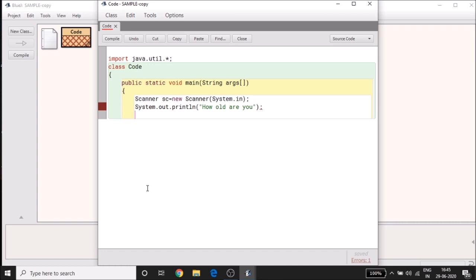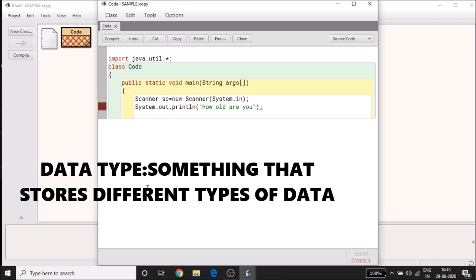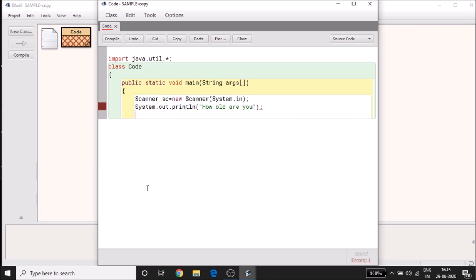Now comes the stage where you are going to be creating your object. For creating an object, the first thing you need to type in is your data type. Now you guys might be wondering, what does a data type mean? Let's split the word and see. Data, something that stores data. Type, what type of data? So a data type can either contain letters, numbers or even decimals. Today I am going to be introducing you to only one data type, and that data type is the data type that contains integers. It is called int. Now go ahead and type in int with all lowercase letters.